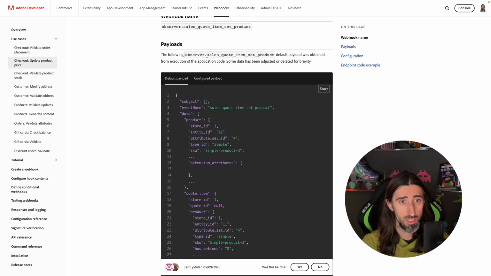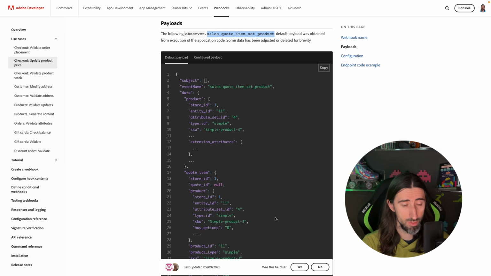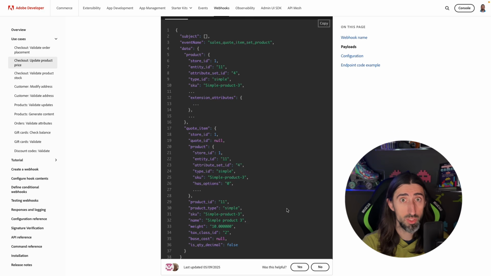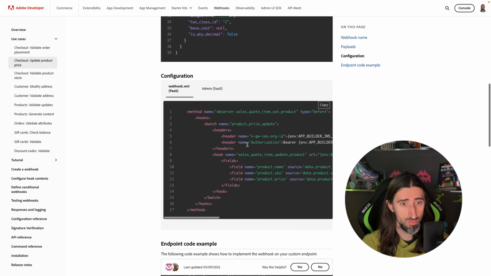The event we will subscribe to is sales quote item set product, and that's the default payload. So how does this webhook work? When this event is fired, the webhook sends a request to the App Builder action, and you can define which data you send. You don't need to send everything. You define it usually